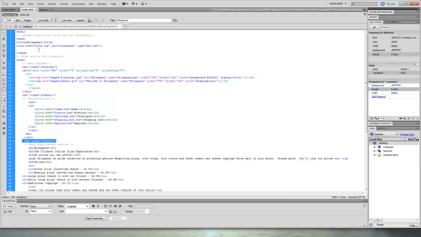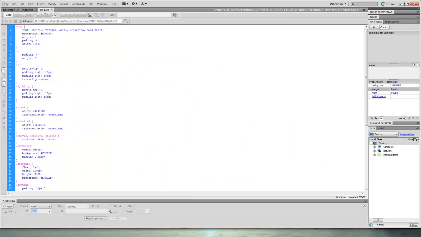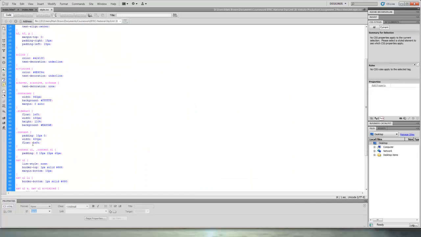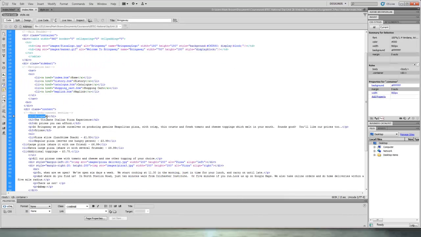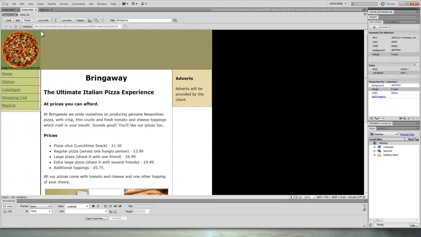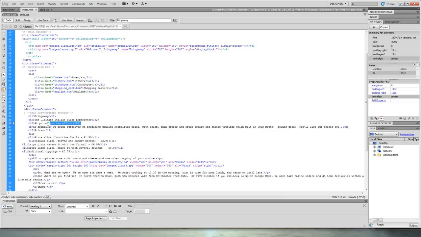No, sorry, because that first one was container, so content is all of that. And then we've got all the header tags, which is that header there, the second header and the third header, and then the paragraph,